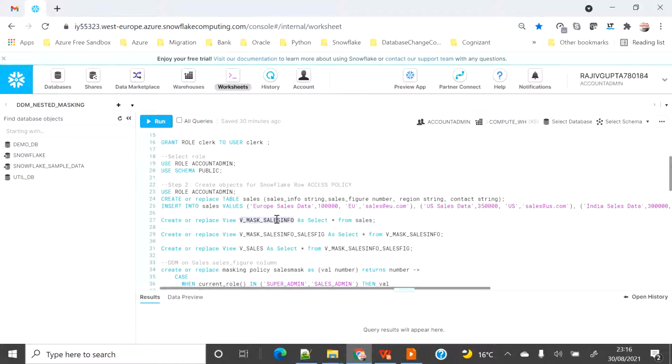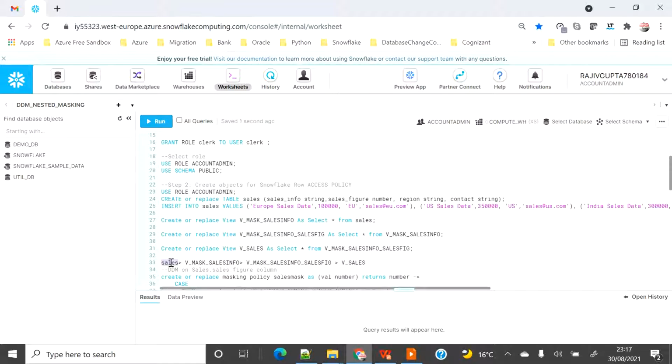Then I'm going to create a view. Basically, the sequence is the sales table, then the v mask sales info view. Then on top of this, I'm going to create another view, v mask sales info sales fig, and then on top of this, the final v sales view.